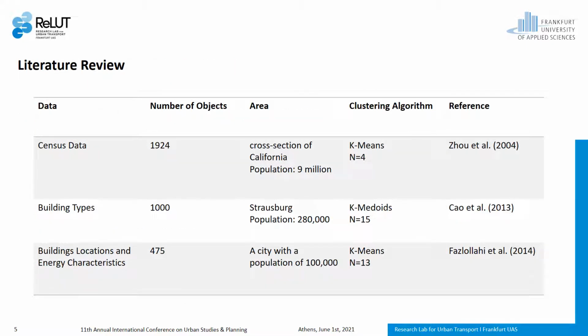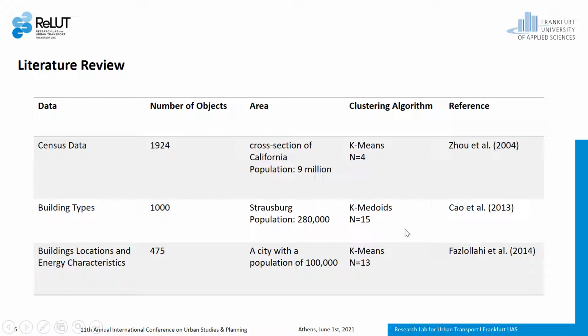Before proposing our clustering method, I want to show you a few examples of related works in clustering urban areas. In the first one, a cross-section of California with 9 million people is divided into 1,924 tracts. These units are then clustered into 4 classes using census data like population, transportation, economy, etc. In the second example, the city of Strasbourg in France is first divided into 1,000 small spatial units and then clustered into 15 groups